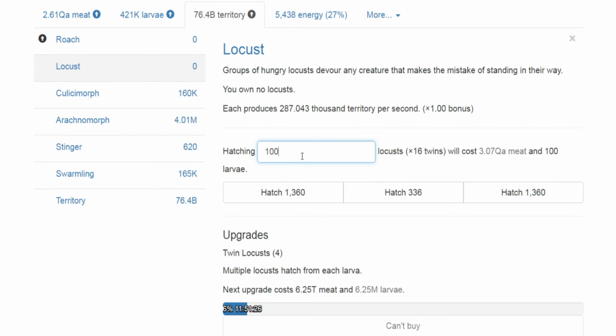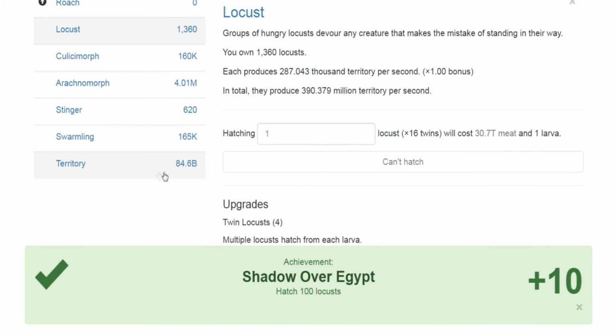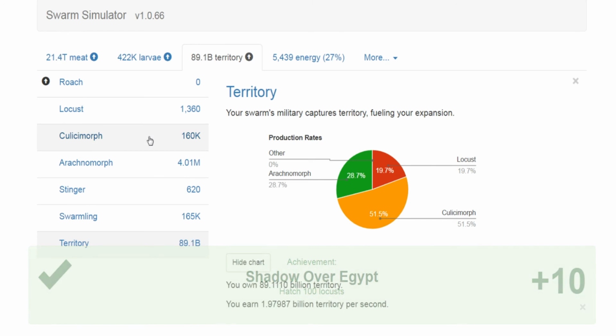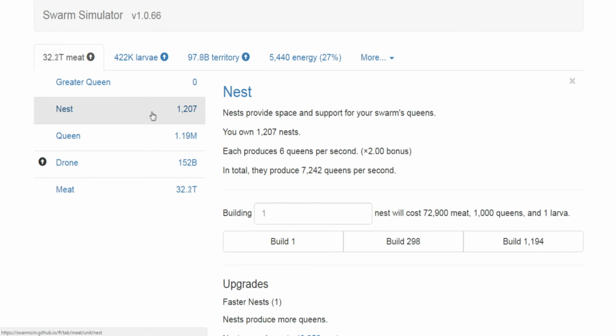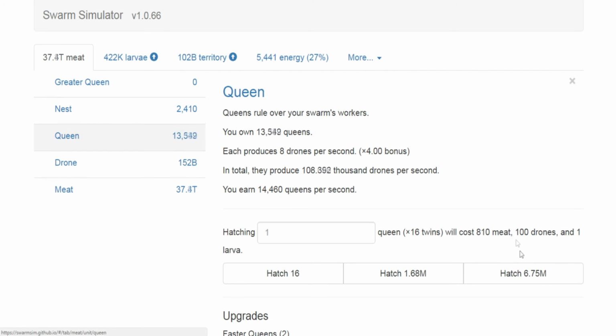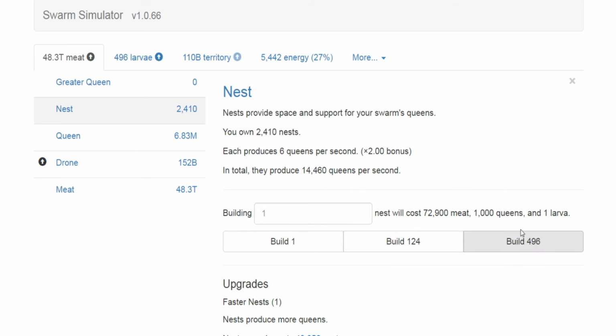Oh, we can't buy 10,000. Let's just spend the rest of it on those. Or the rest of whatever we spent on those. We have tons of territory coming out. Again, I don't know what I should be spending into these. What I do know is if we come back in here, we can buy another 1,000 of these, and I can buy 6 million of those, which then can come back and buy...